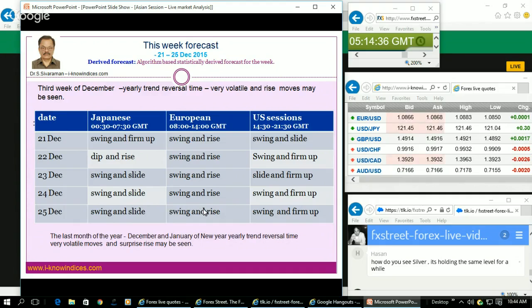And the 25th might be a holiday on platforms. But what normally they do is during the Asian session and the Japanese session, they make some moves on the 25th. And afterwards, sometimes, about 5-6 years back, we saw that they continued to gain the levels during Christmas. But this time I do not know whether they will continue to do it. It all depends upon the platform and also the pending positions of the traders.